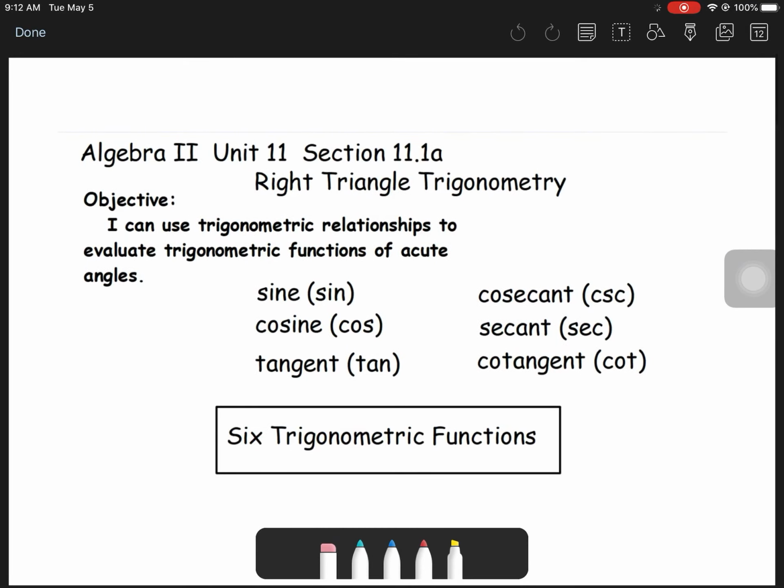In this lesson, we're going to do a review of some geometry, and we're going to work with right triangle trigonometry. There are 6 functions that we'll be using: sine, cosine, tangent, cosecant, secant, and cotangent. Please remember that